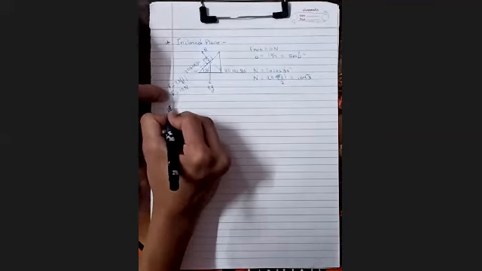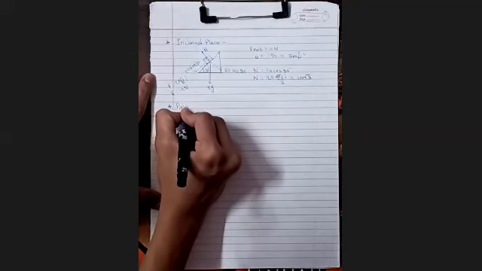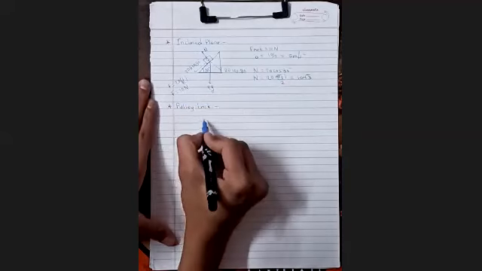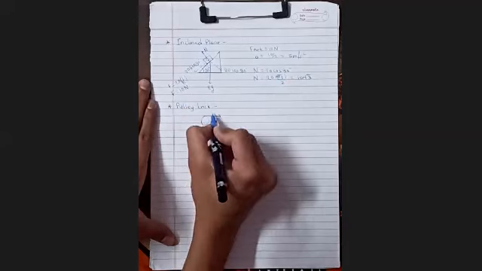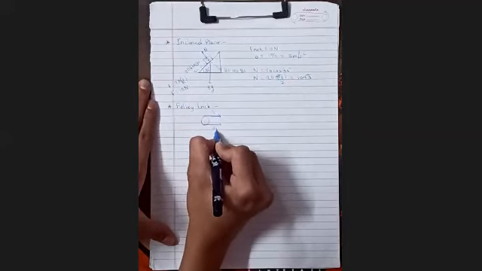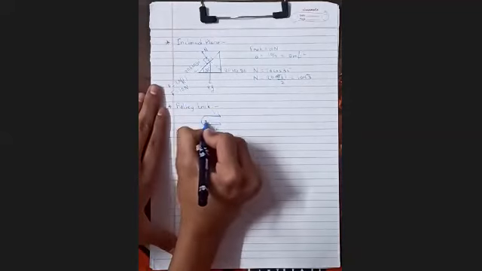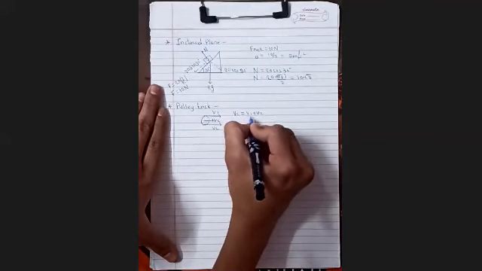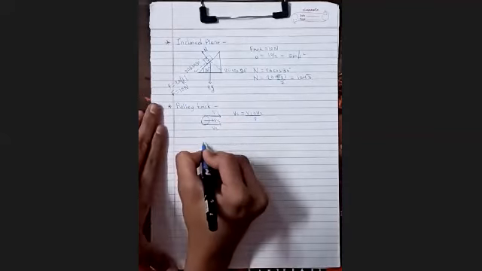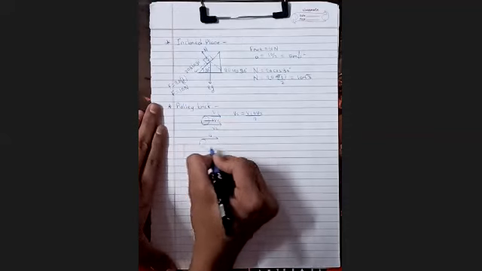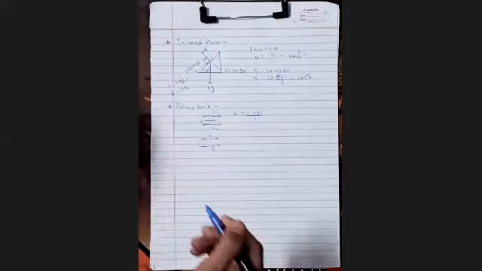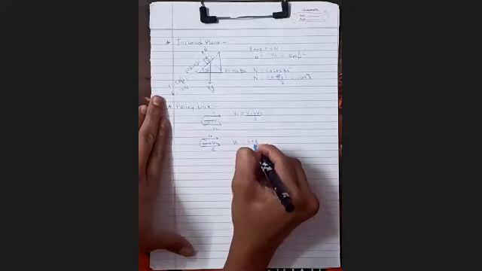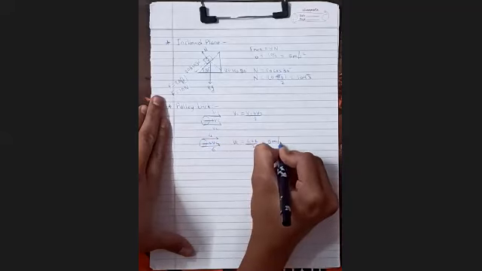Our next point is the pulley trick. There is a pulley, here V1 and V2 velocities are applied on it. So we have to find the velocity of the pulley. The velocity of the pulley will be (V1 plus V2) upon 2. Let's take an example on it. Velocities 4 meter per second and 6 meter per second are applied. So we have to find the velocity of the pulley. So here we get the velocity of the pulley 5 meter per second.